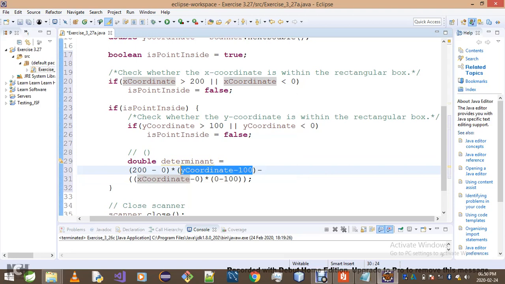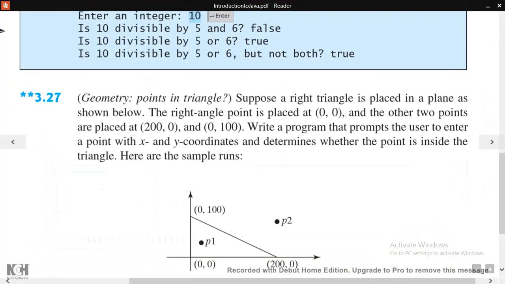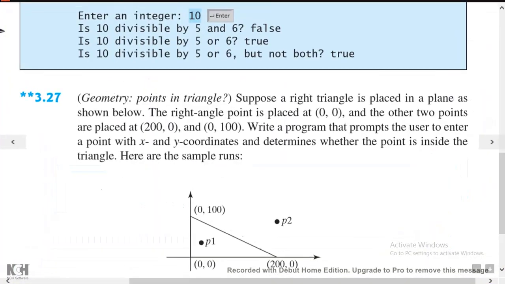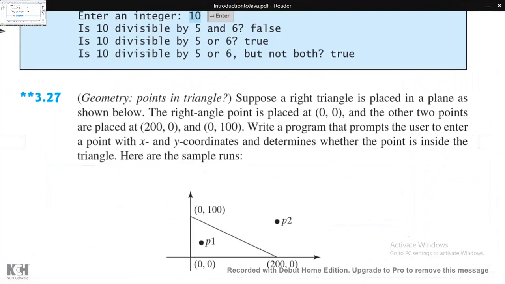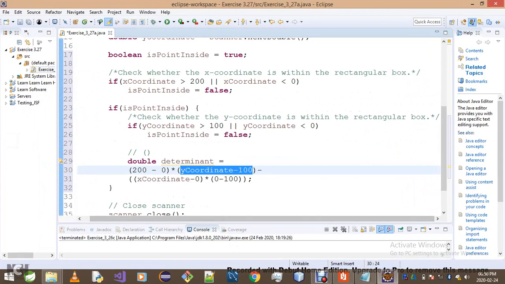You pick the x and y coordinates of that point, or you just say, for instance, suppose we have this as 0, 10 as point A and 200, 0 as point B. You will say the x coordinate from point B,